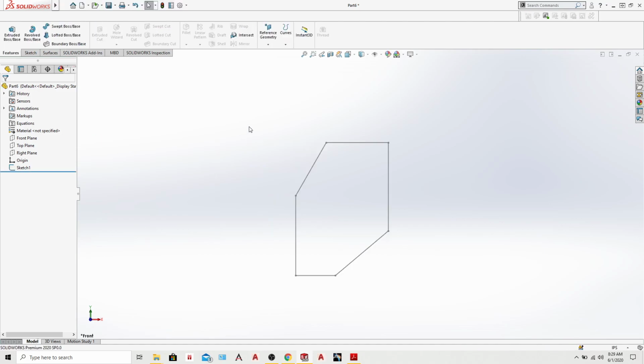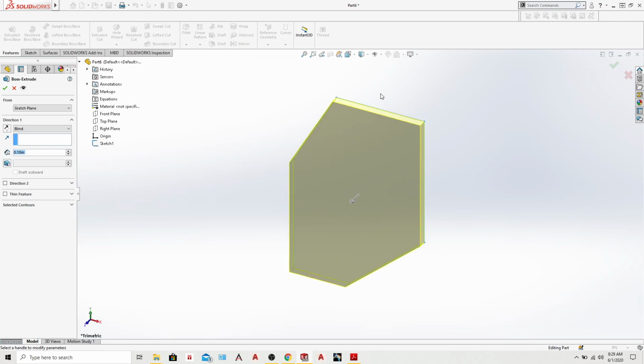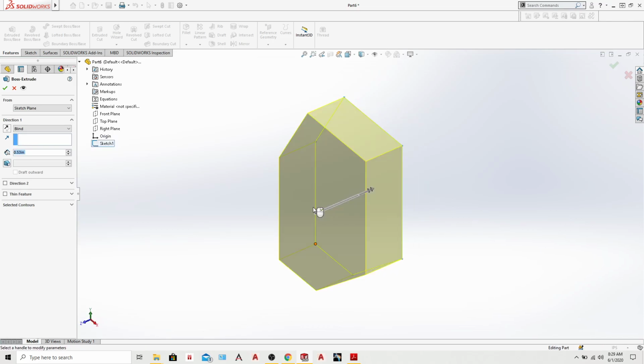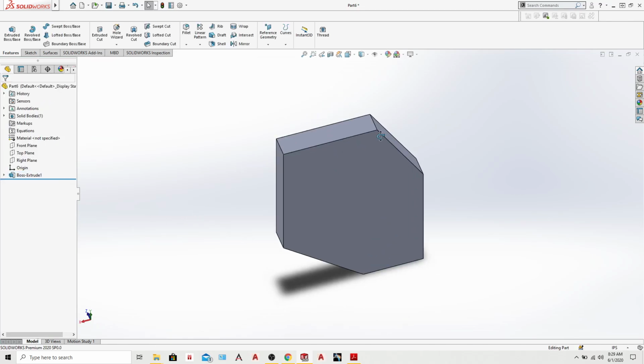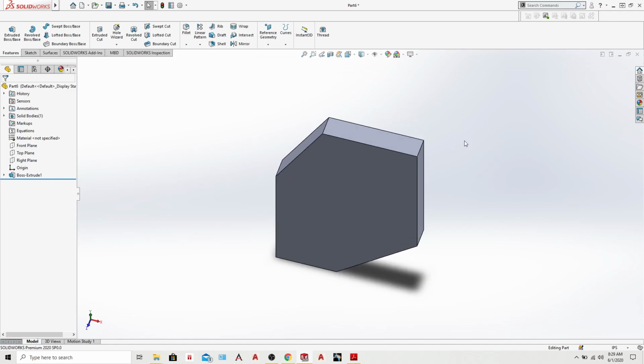Let's quickly get out of the sketch, extruded boss base, select your sketch, give it some extrusion, quick extrude, right? Let's see how we can do the holes. Okay,